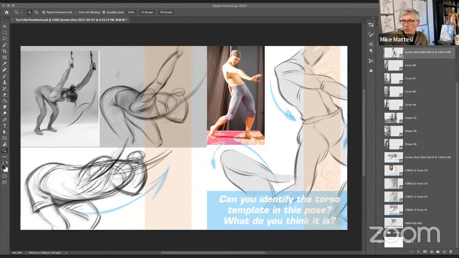Today we are going to be focusing on a very specific, more niche subject, and that is the S torso. Torsos in general are a big conversation in trying to understand which torso type we are after. Again, the torso is such a huge amount of the body of your drawing. So we want to be able to make the right call on which one we're after, because picking the wrong one could lead to a drawing that doesn't work.